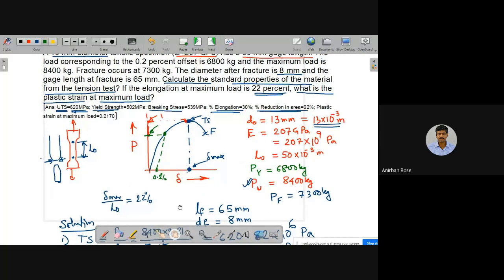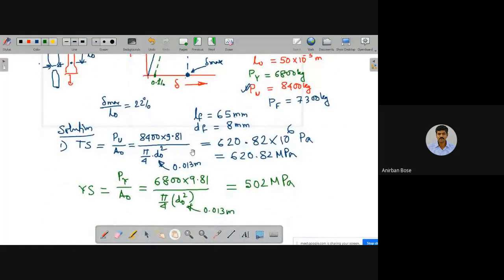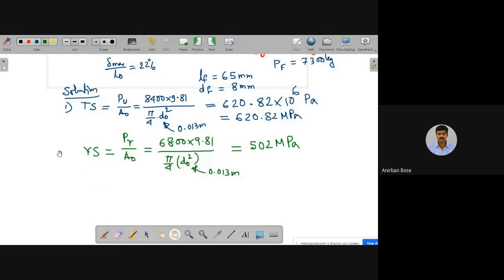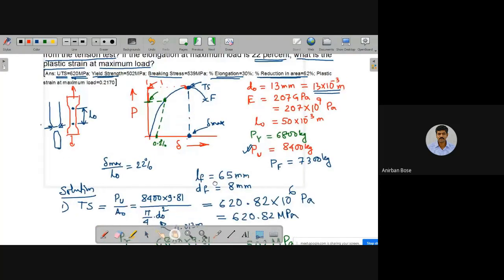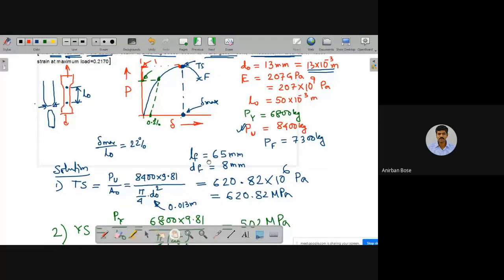Then what is the next thing we have to find out? The next thing we have to find out is the breaking stress, and that is exactly in a similar way, because you know the fracture stress value, breaking stress or the fracture stress. It's all the same, and that strength value will be corresponding to the fracture. Just do the calculation and you will get the result. So I'm not repeating the calculation.